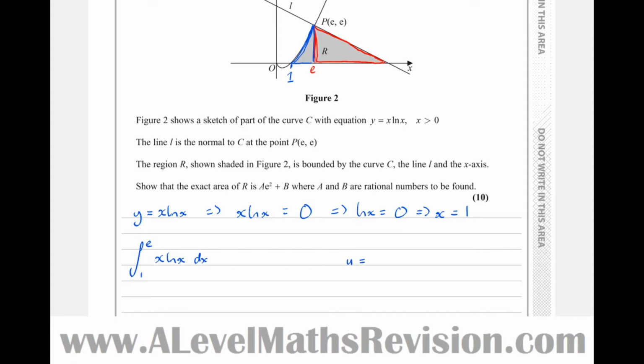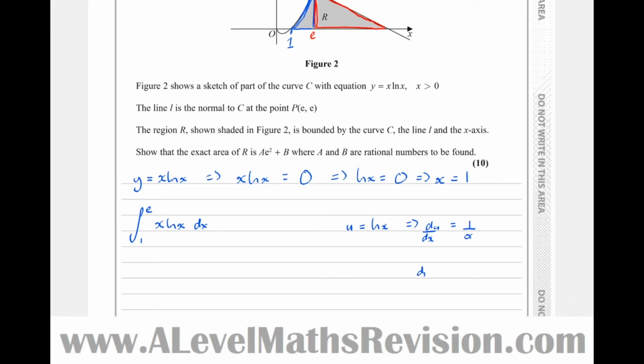So u equals log x. When integrating by parts, u takes priority as being log x if a log x is in there. That's not a hard and fast rule, but most of the time it works. So that means that du by dx equals 1 over x. dv by dx in that case must be x, which means that v equals a half x squared. And the formula for integration by parts is given in the formula booklet, so you can just consult that. Therefore, our integral,